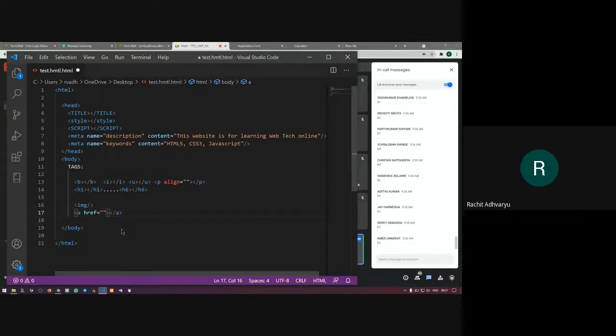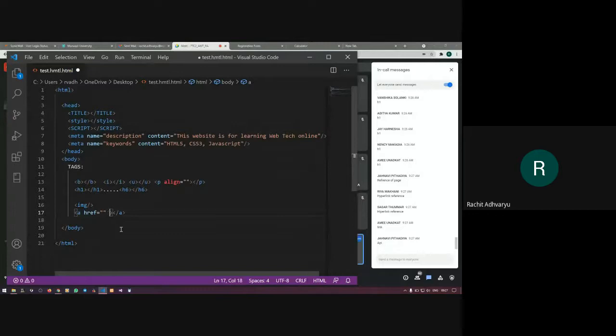What is the full form of href? Hyperlink reference. That is the name. Here you provide a particular link or a page URL where you want to redirect.